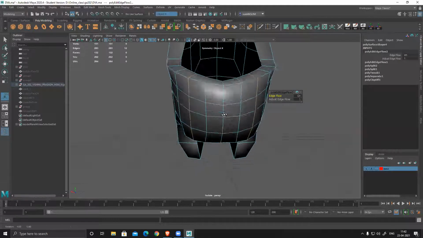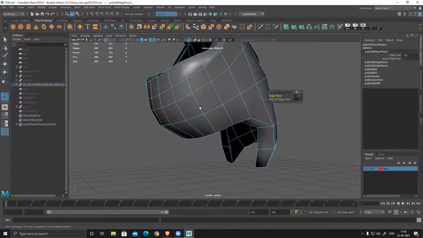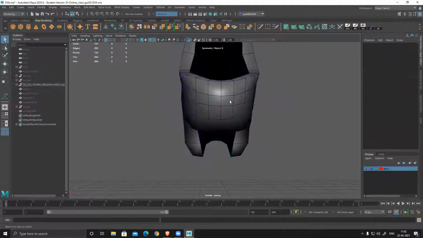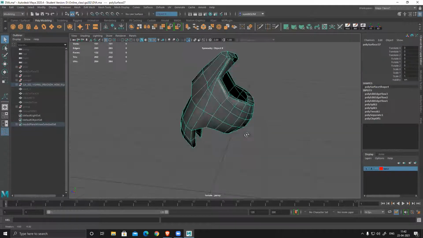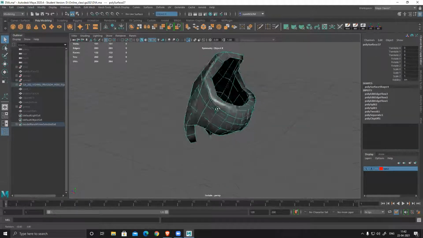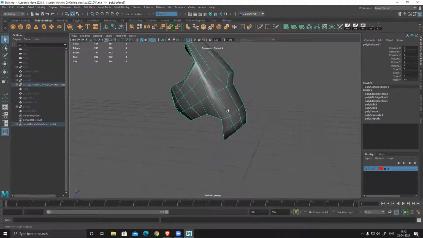G will average out for this also, G. So everything will become average and it will give you nice clean geometry. And if you see this now, it looks nice throughout with a similar amount of mesh. Here also, if I want, I can add one more loop.